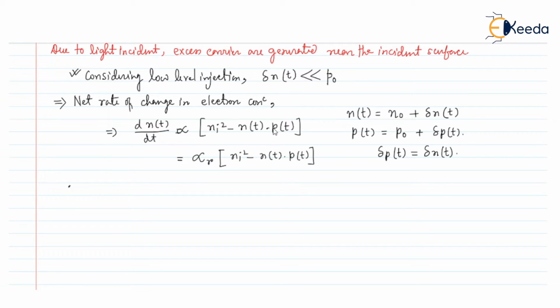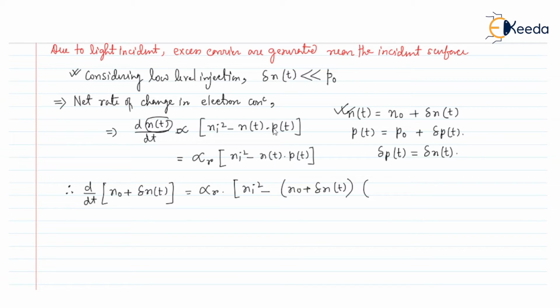So we can say that d/dt of (n0 + δnt), because this nt value is given by this equation. I have put the value of nt here, so it will be αr into [ni² − (n0 + δnt)(p0 + δpt)]. Now if I find